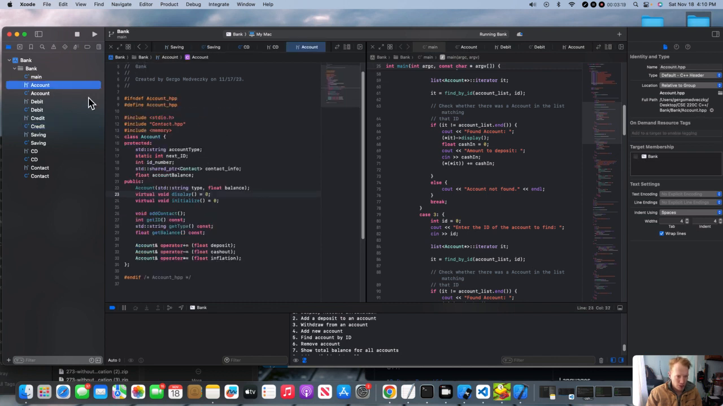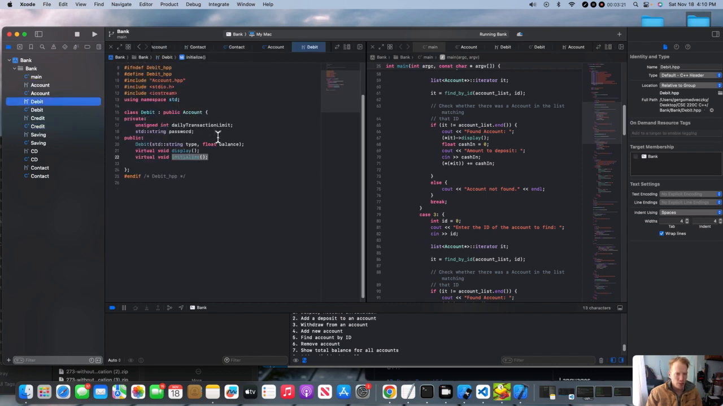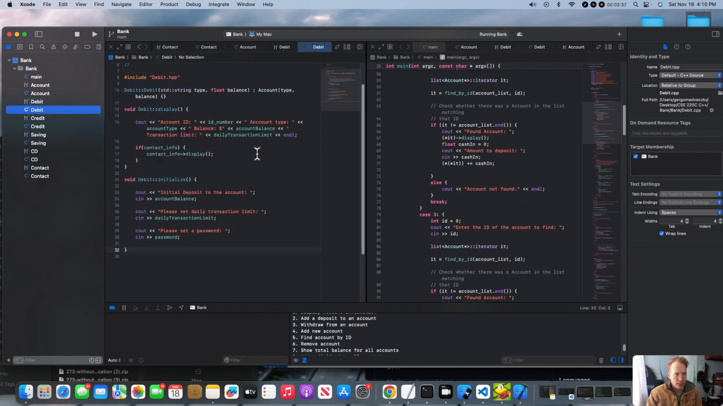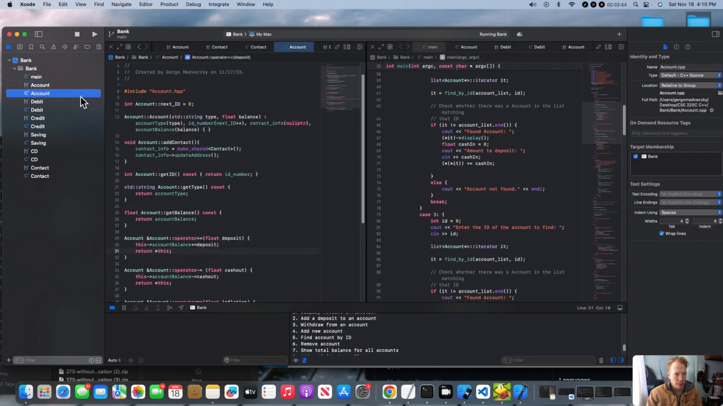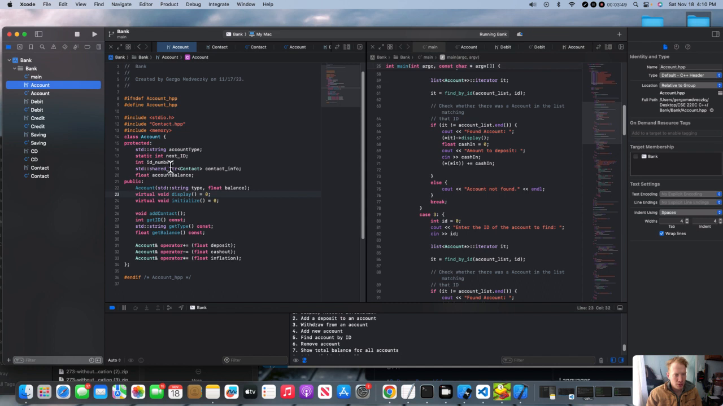of knowing exactly how to use pure virtual functions, because as you can see, when I'm creating a non-default constructor for debit, I'm first declaring that this is a derived class of account. Here I need to call the matching non-default constructor of account that is implemented here. So all these member variables are shared among derived classes because they're protected, which is another new feature I learned